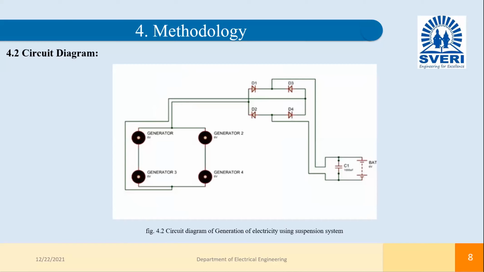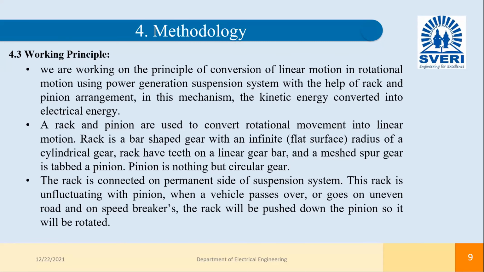The working principle of this project is the conversion of linear motion into rotational motion using a power generation suspension system with the help of a rack and pinion arrangement. In this mechanism, the kinetic energy is converted into electrical energy. The rack and pinion are used to convert rotational movement into linear motion. A rack is a bar-shaped gear with an infinite radius of cylindrical gear. The rack has teeth on the linear bar and meshes